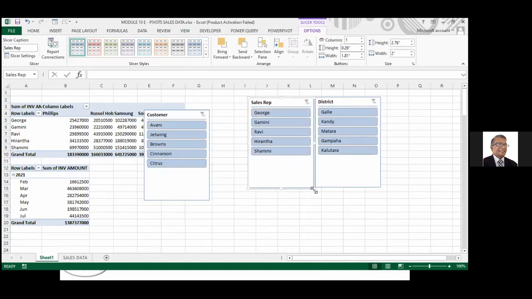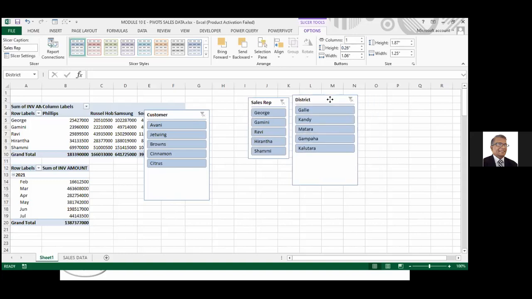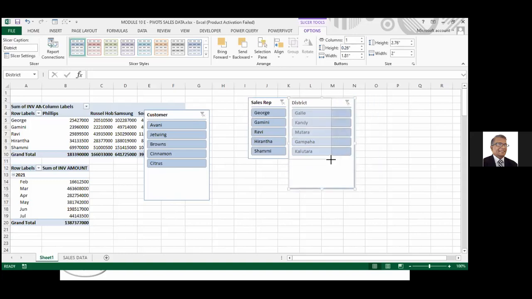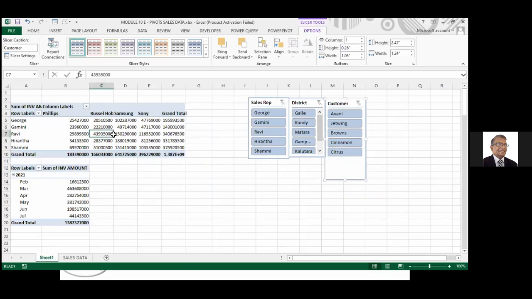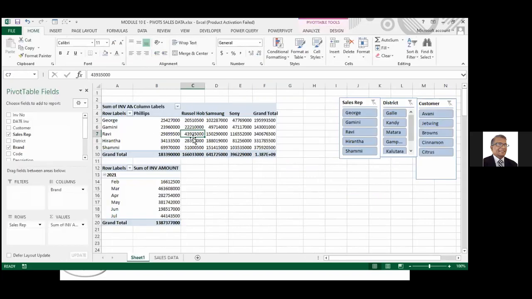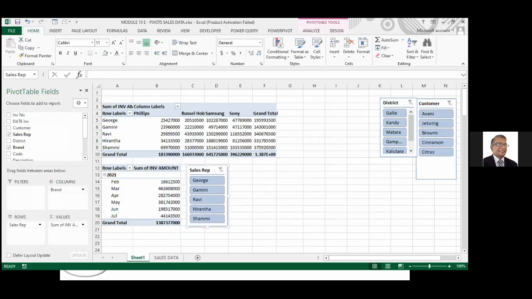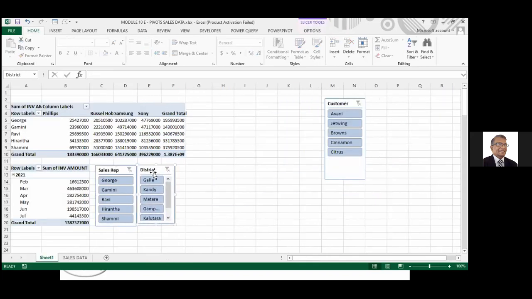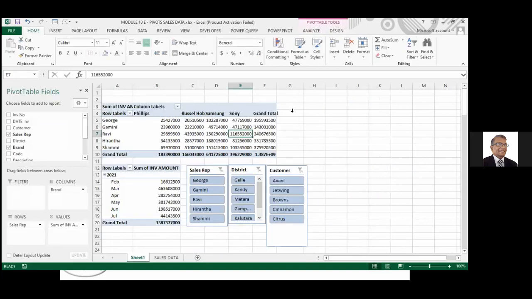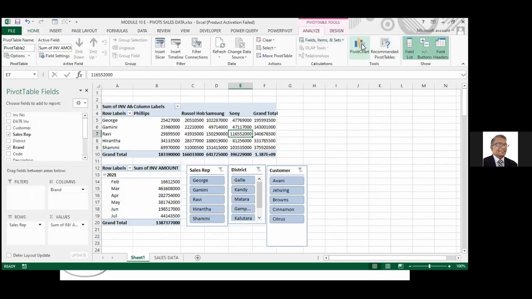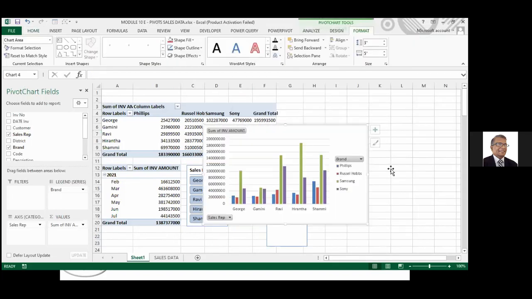Position it. Right. Maybe I'll put it down so that, right. Now this, I want to do a chart for this one. Let me put this here. It's nice. So this is how you create these dashboards. Only thing, dashboards will have data from different sources, right? I want to do a chart for this. Click on analyze, select the cell here, do pivot chart. Okay, let me do that chart. That's my chart.